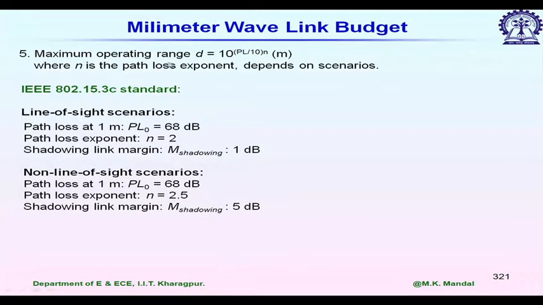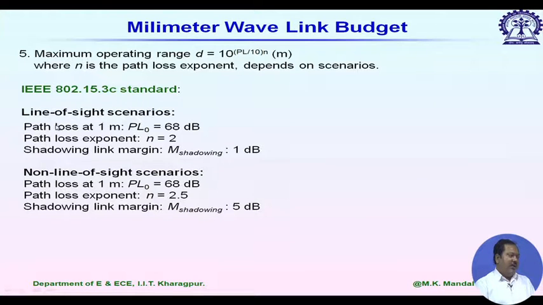Then the maximum operating range D can be given by 10 to the power PL divided by 10 n, where n is the path loss exponent. So, for the ideal case in free space n is equal to 2, but for an indoor model n depends and it varies from room to room. We have to use some experimentally fit value for small n. Here are some examples suggested for the IEEE